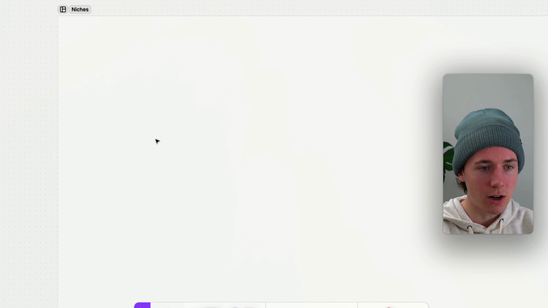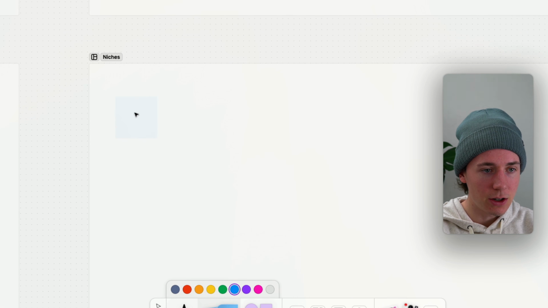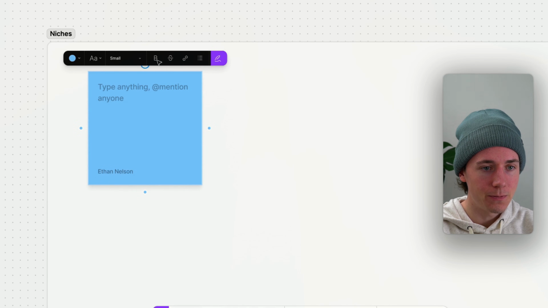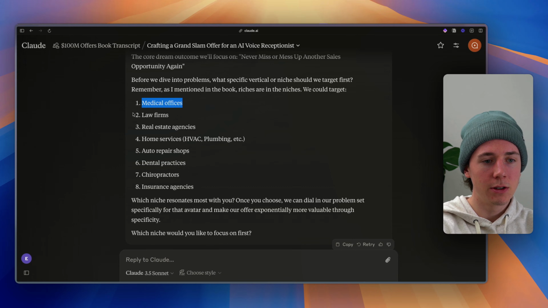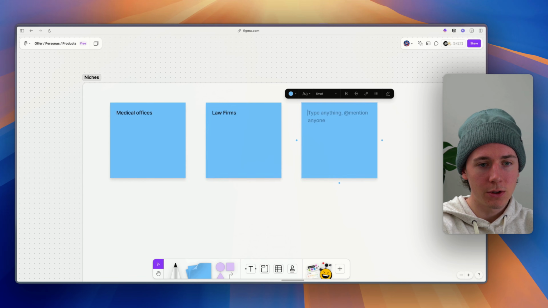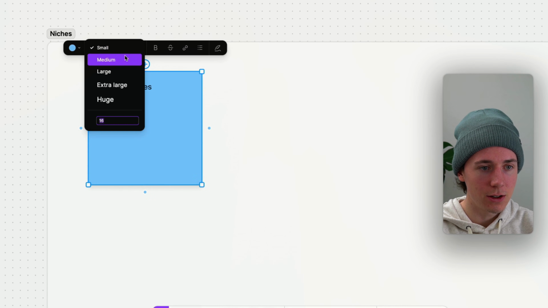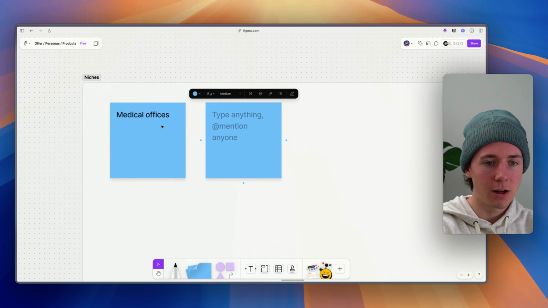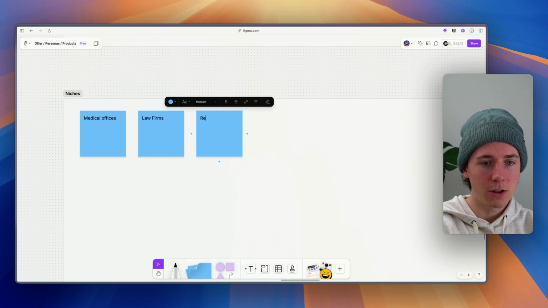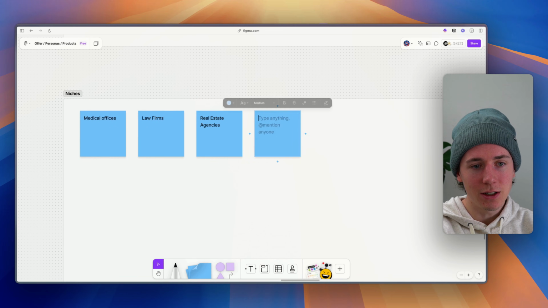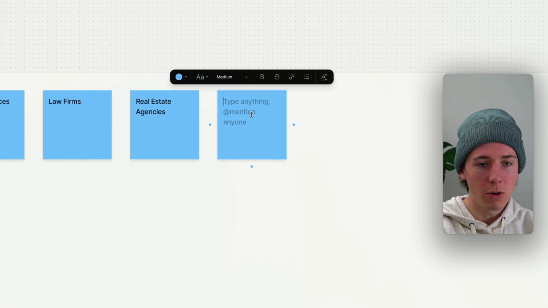So I'm actually just going to start adding these in here while we get them. So boom. The niches are going to be, I think I usually do that. All right, so medical office, law firms. One sec, I like to make my stuff look good. It's a little bit bigger. Law firms. We can go after real estate agencies. We can go after home services,